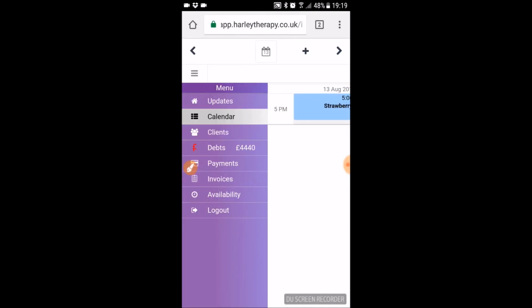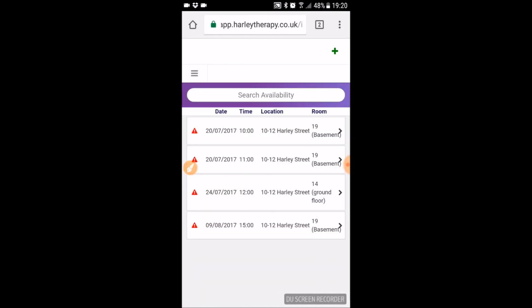The next one is the availability. On this page you can see all the slots that are available. So when you sent a clinic update to the admin team and said that you had a free slot, then they should all be listed there. If you want to add a new one, then you just tap on the plus at the top of the screen,